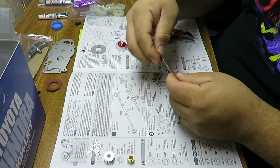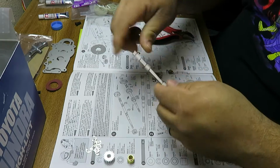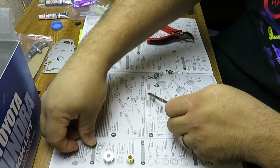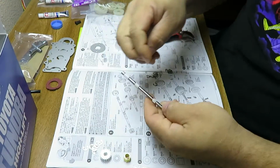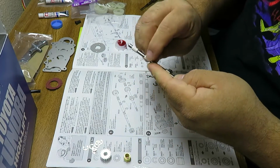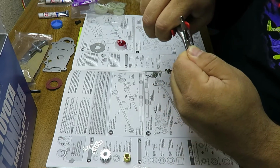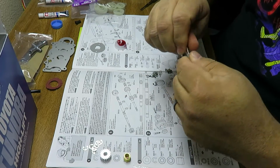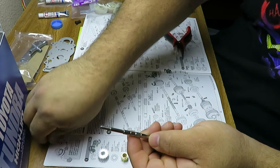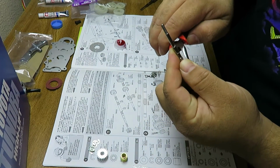And in the bag there's all your gears. So if you follow your picture, you want to make sure that you're putting your E-clips on first, on the inside of this ring here and the inside of this ring here. E-clips are always fun, so keep a pair of pliers around if you can. There's E-clip tools out there too that are super helpful if you have access to them. But we'll just lock these in like so,